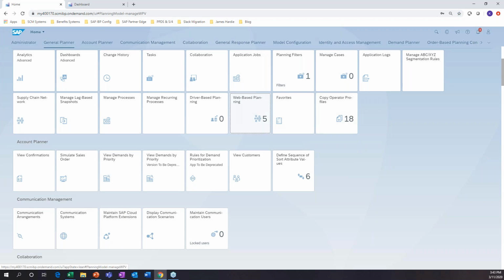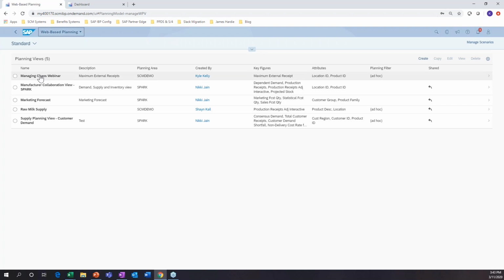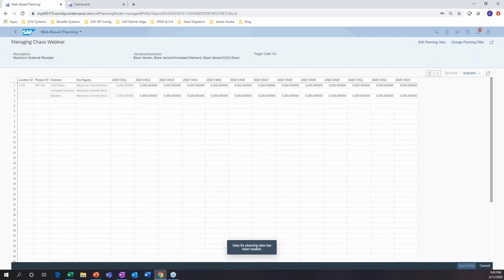We click in here, you can actually provide a direct link to your suppliers, and they would be able to come in and only for the products, only for the locations that you specify for them, and they'd actually be able to enter the data directly themselves through here. So you don't have to send them a spreadsheet and have them send it back. They can enter the information, and then you can see it in real time. So I'll just show you that.